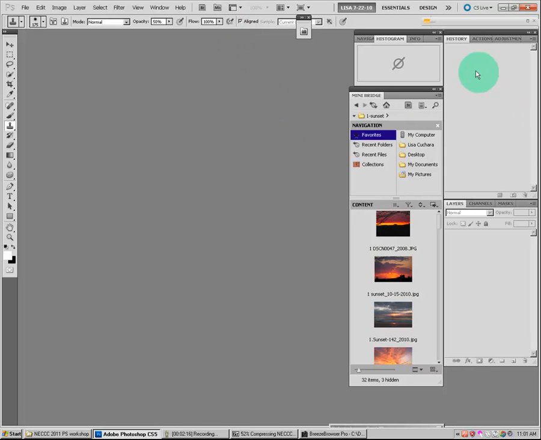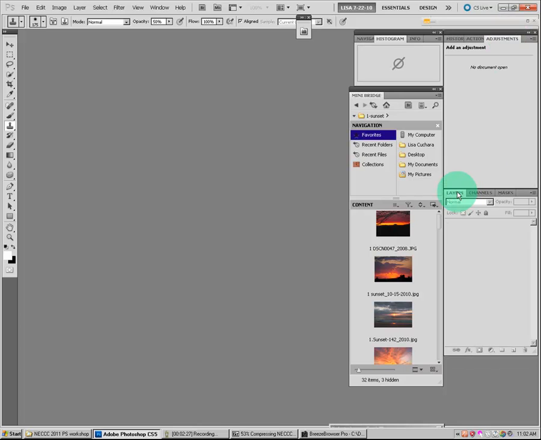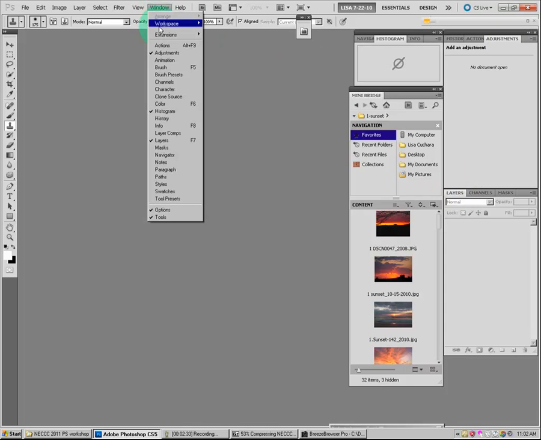The other thing you'll notice is that I have on my right hand side a lot of my palettes set up. Some of the palettes that I use every day are the history palette, the adjustments palette, the layers palette. Those 3 I use every single day. How you get to those is you go up to Window and you can basically click on the palettes that you want available. Right now we have the navigation palette, the histogram palette, the information palette, we have Mini Bridge open,